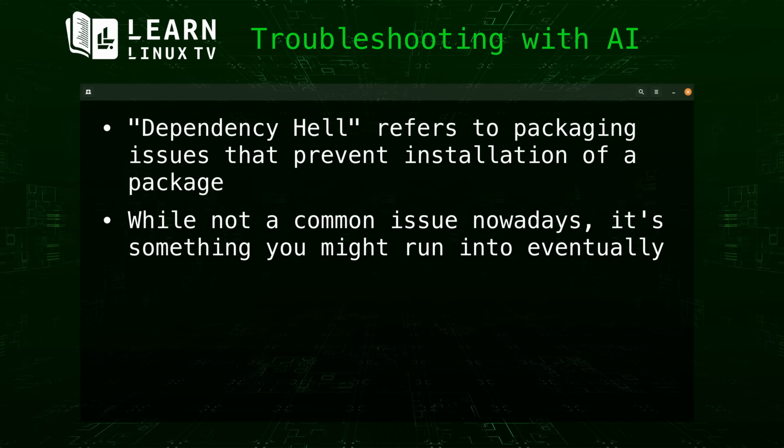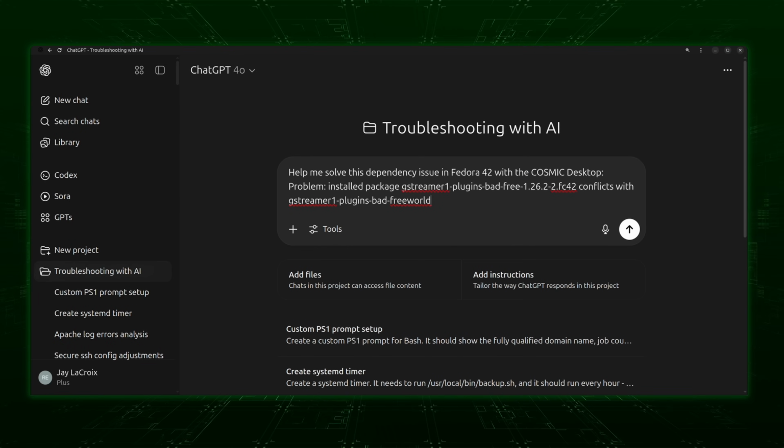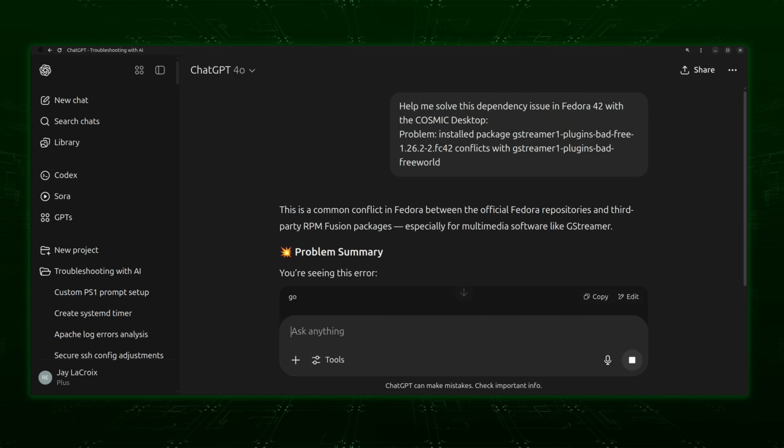Nowadays, with package managers such as apt, DNF, Pacman, Zypper, and others, this situation is pretty much handled for you. However, dependency hell is not a thing of the past, at least not completely. And although it's rare, you'll absolutely run into it at some point. If you end up running into a situation like this and you're not exactly sure how to deal with it, then AI can help. To make use of this, if you're attempting to install a package and you receive an error during the process, then you can consider pasting that information into your AI agent.